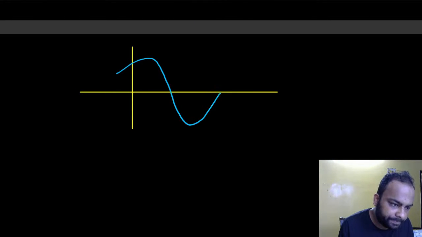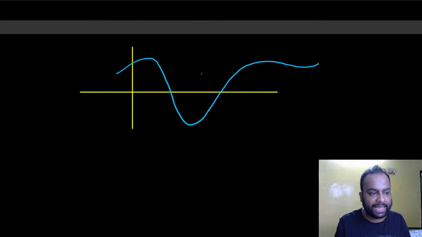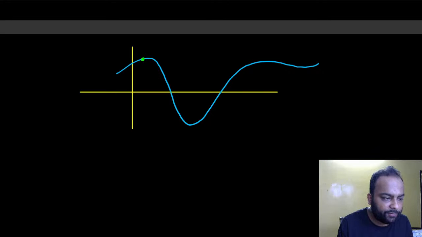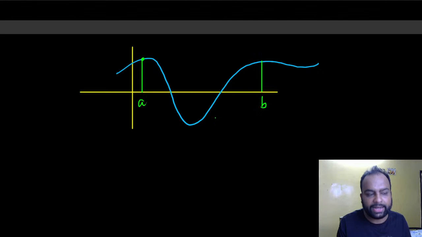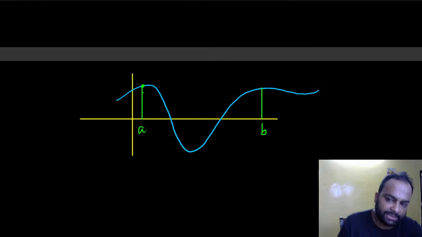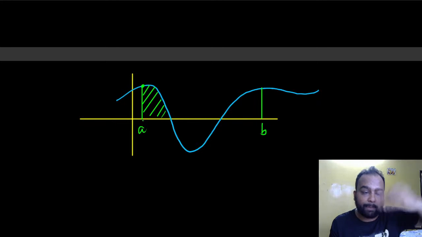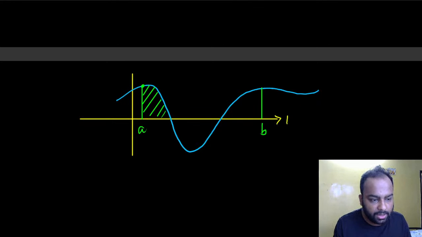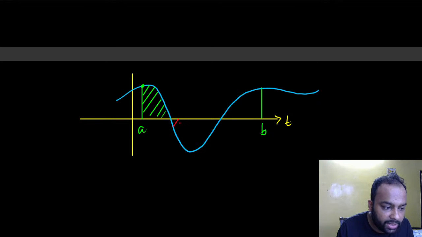Let us just say I have a signal that kind of looks like that, and I want to integrate the signal from this point A to this point B. So I am looking for this integral first, the left hand side, right? Try to understand what integral is. Integral is essentially area under a curve. If the area is above the horizontal axis, then the area is considered to be positive. But if the area is below the horizontal axis, then it is considered to be negative. So this area is negative. Then this area is once again positive,